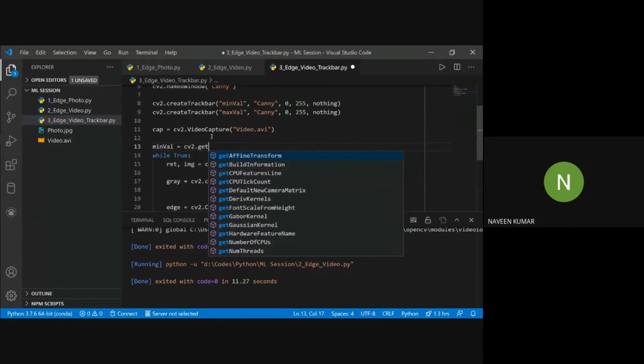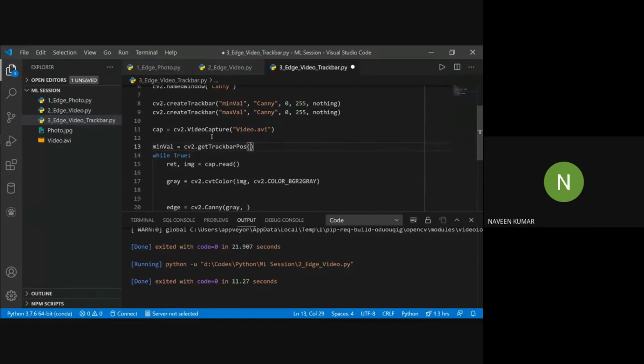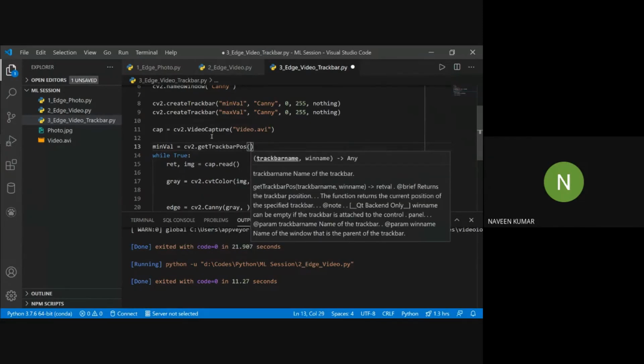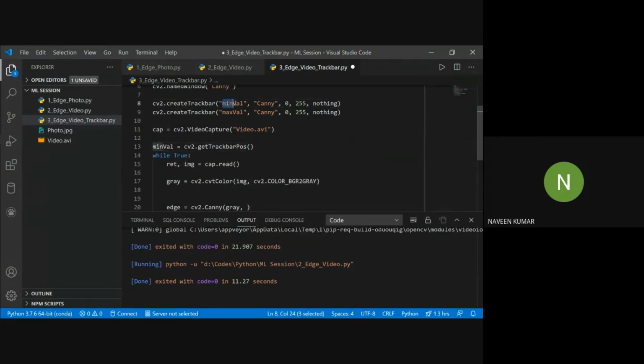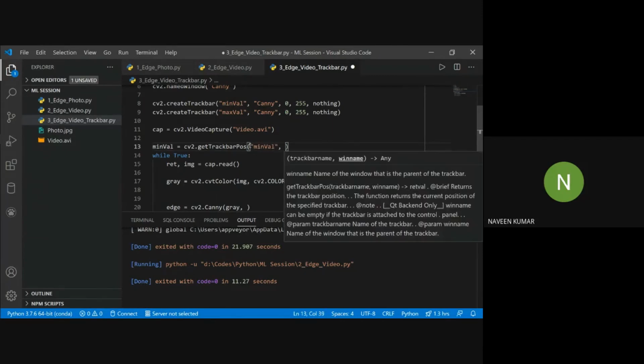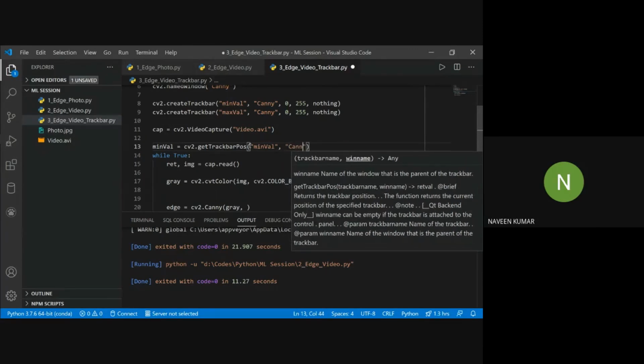So cv2.getTrackbarPos, and the first parameter is track bar name. Our track bar name is minval, so we'll write minval here, and the second is from which window we are getting this. Our window is Canny.